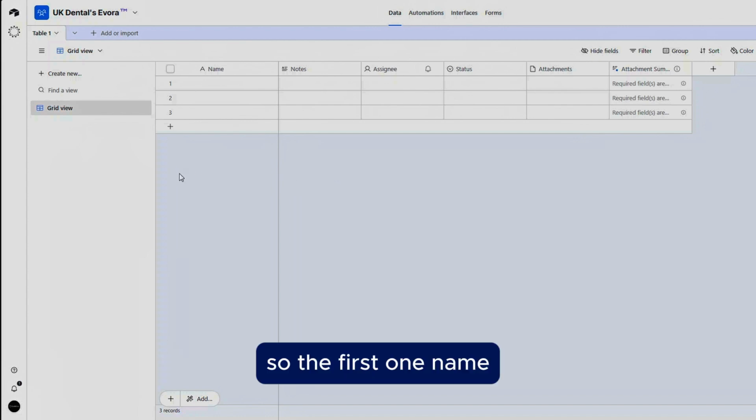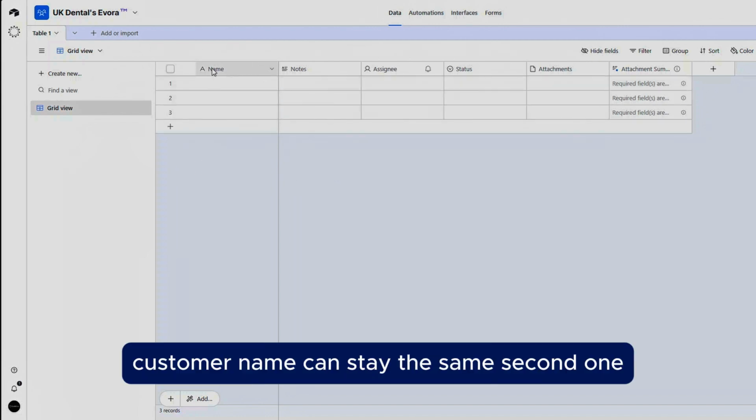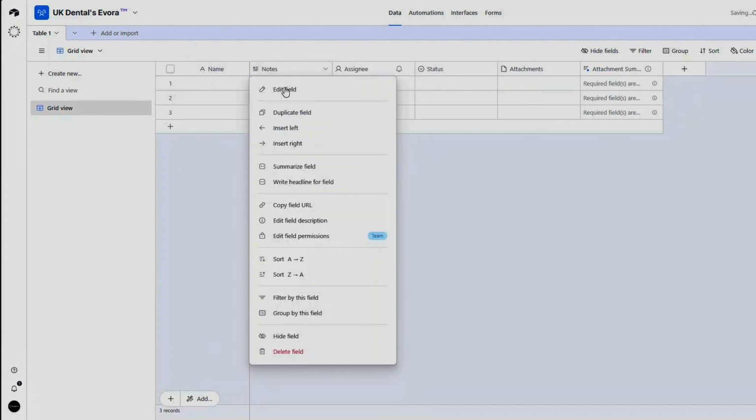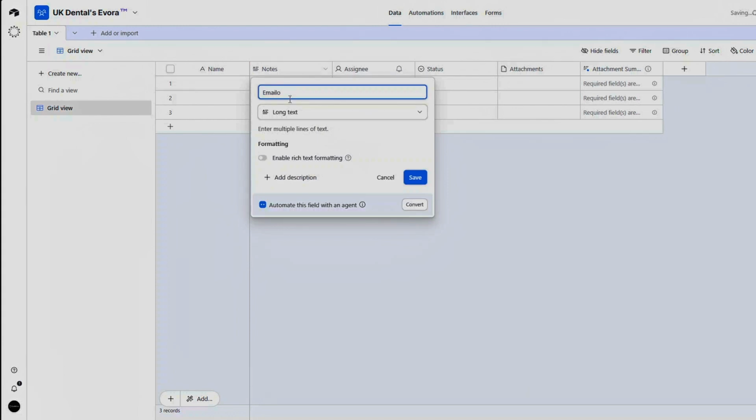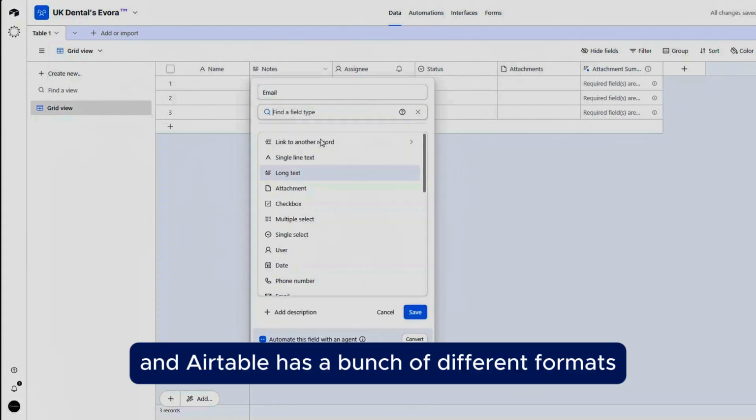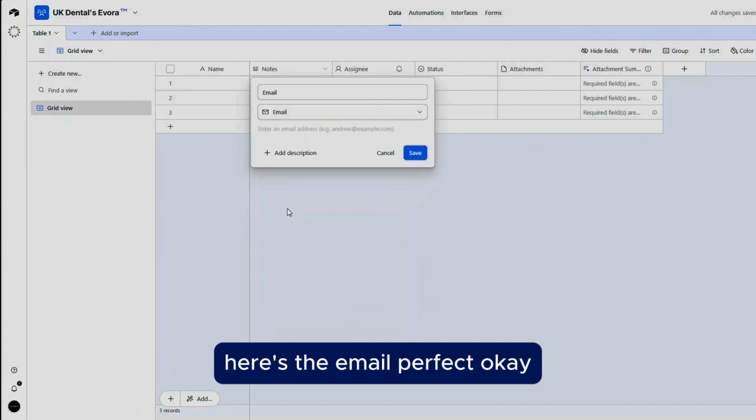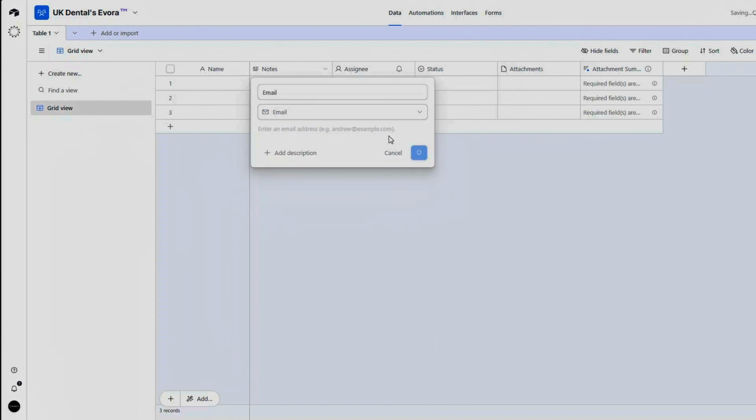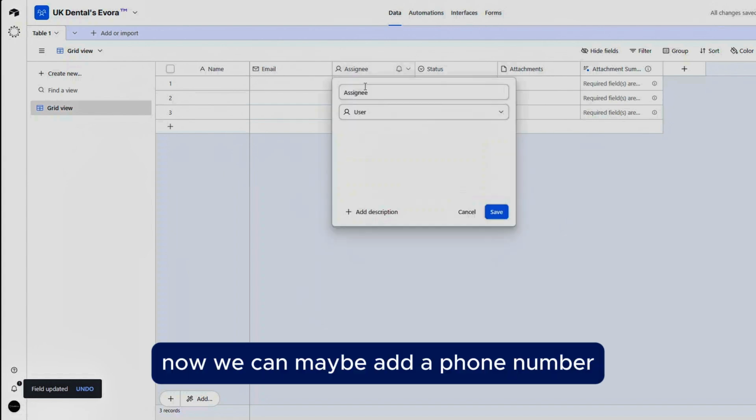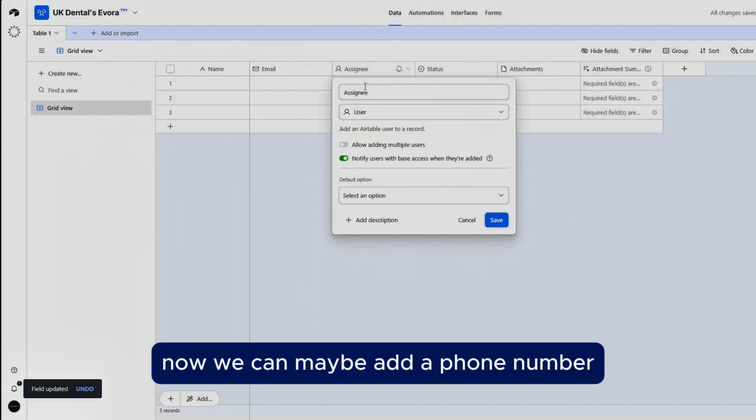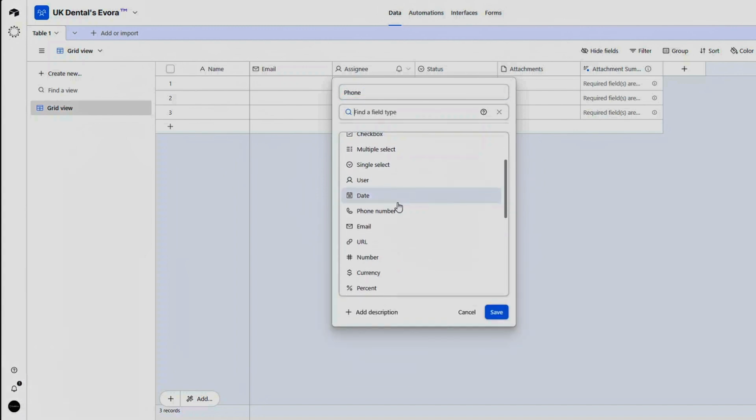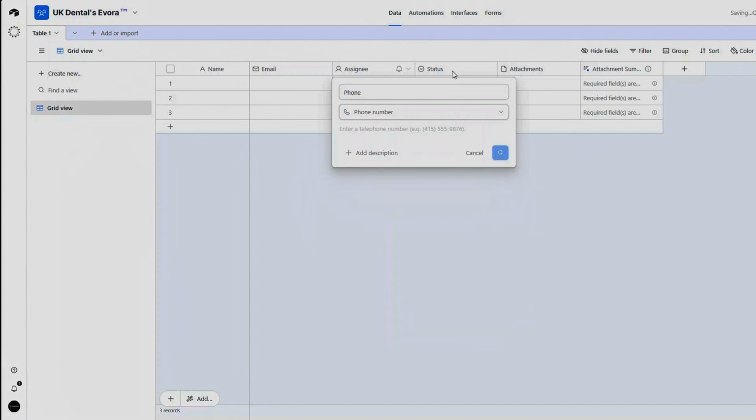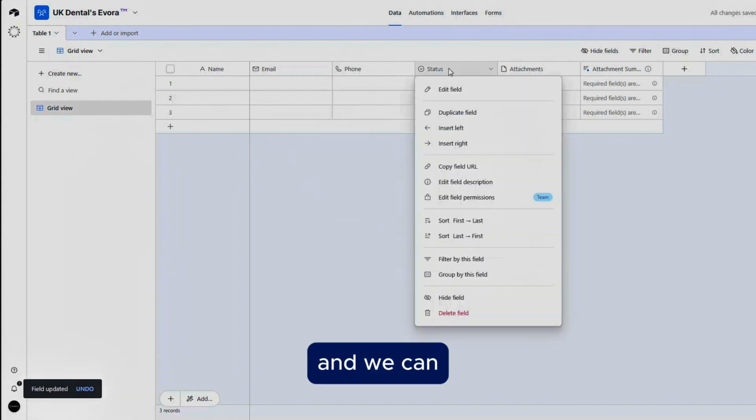The first one, customer name, can stay the same. The second one we can make the email, and Airtable has a bunch of different formats. Here's the email, perfect. Now we can maybe add a phone number. Okay, there you go, and we can